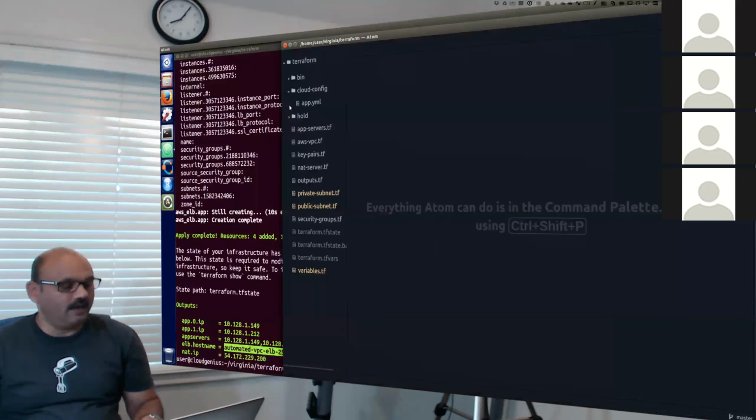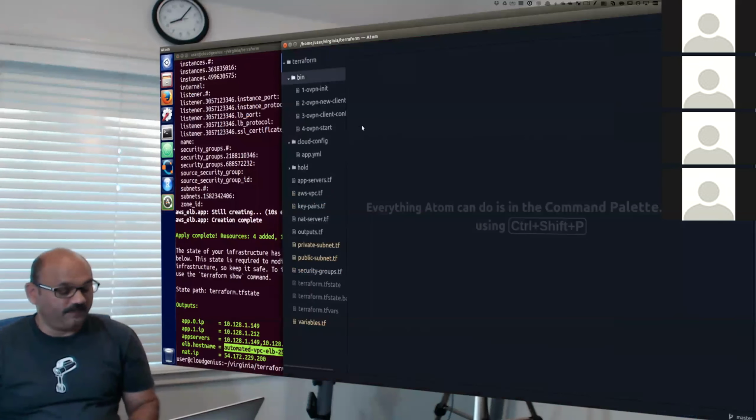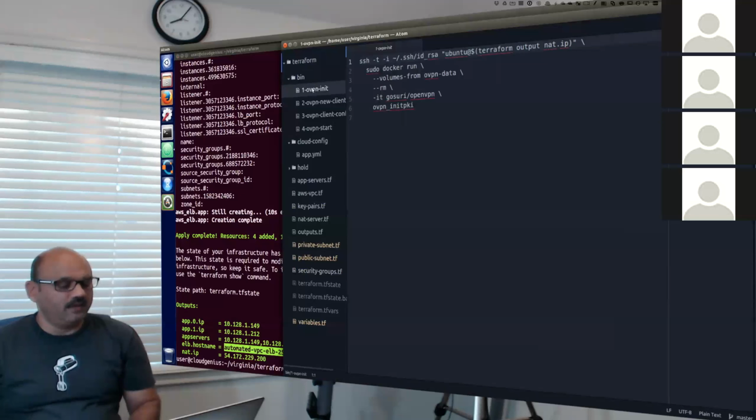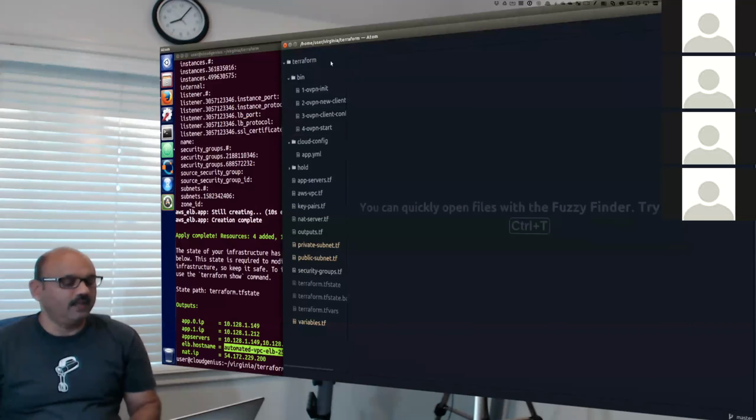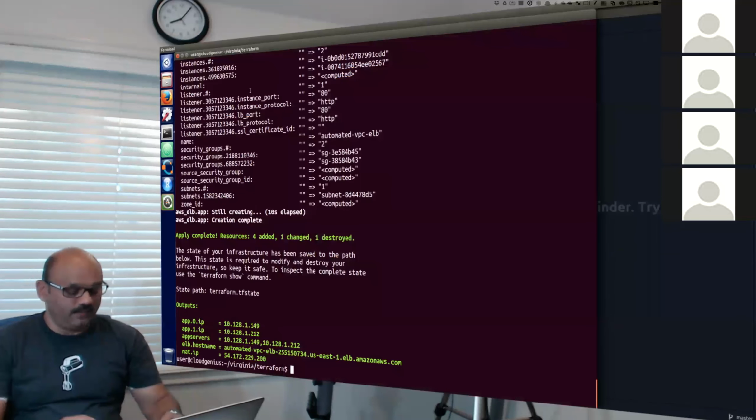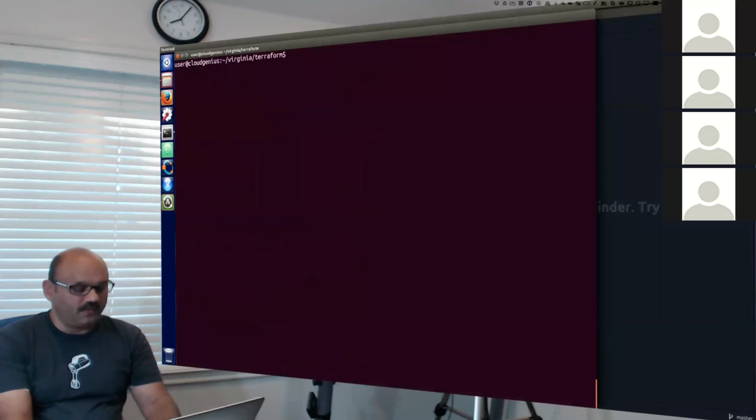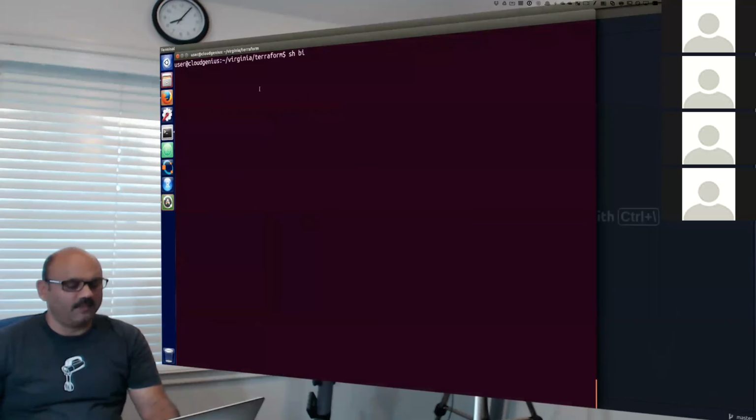We have this bin folder which creates the VPN configuration for us. Now, in order to connect to the VPN, we need to run these 4 commands one after the other in that sequence on the terminal. And so let us go do that. In our Terraform folder, we will run sh bin/1. Is it bin or what?